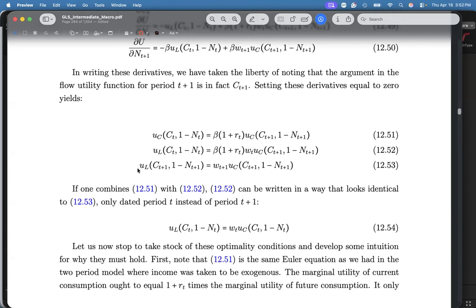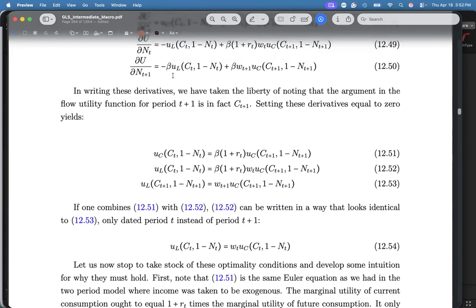So the left-hand side is your marginal cost of working more, but it's tomorrow, so t plus 1. Now, you might be wondering why there is no beta there. Because for the right-hand side, when does that happen? Today or tomorrow? Tomorrow. Yeah. So basically, this left-hand side is a tomorrow issue. The right-hand side is also a tomorrow issue. Therefore, you'll see it here in 12.50: you have a beta on the left, you have a beta on the right, and the betas just cancel. There is no discounting because it's the same time period. Okay, but let's continue the story, the final story.